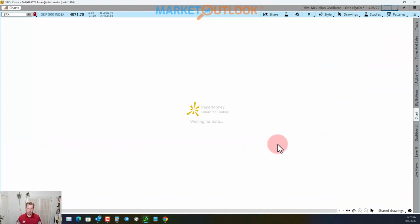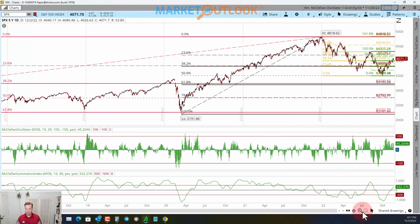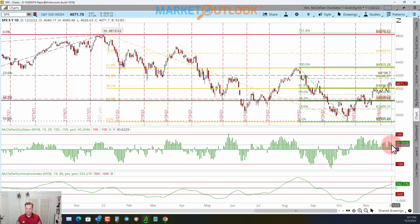And then also the other factor is your McClellan oscillator. It ultimately did finish. It was down at low levels earlier in the day. It did finish at 45. But again, you can see the summation up there is getting close to 500, but not quite